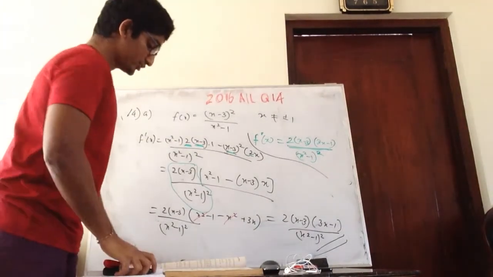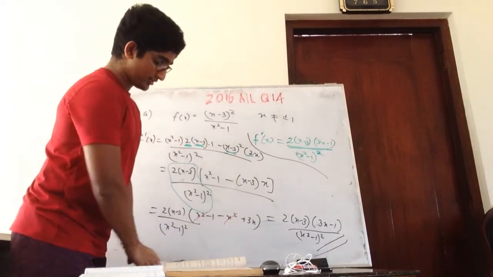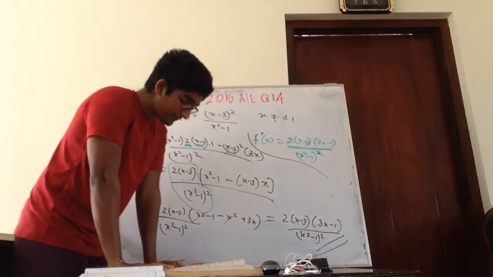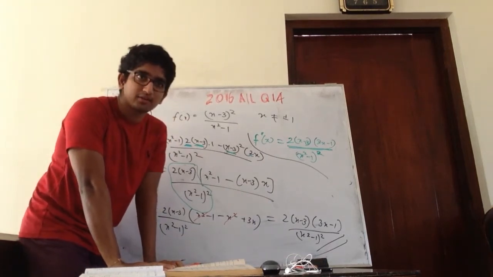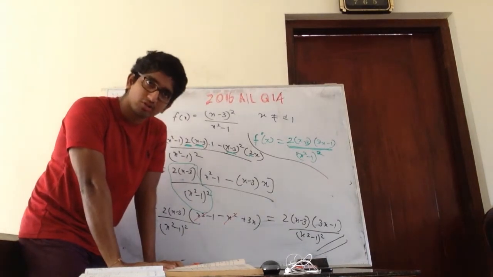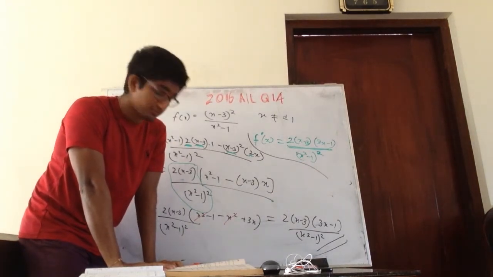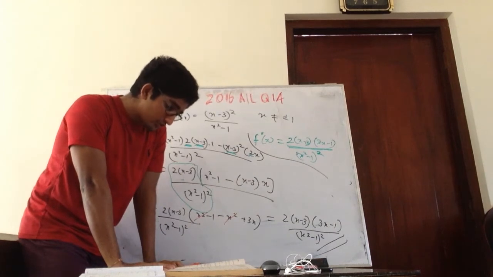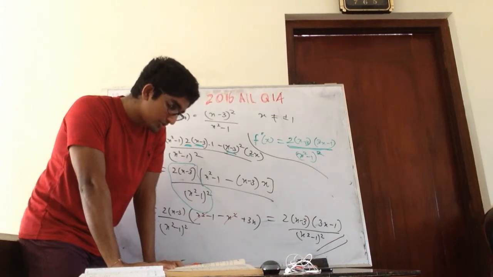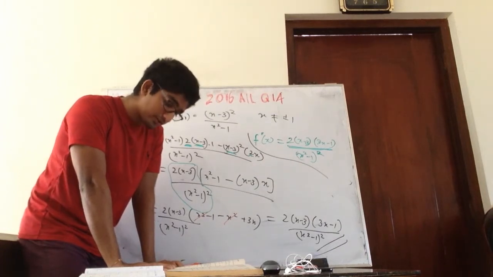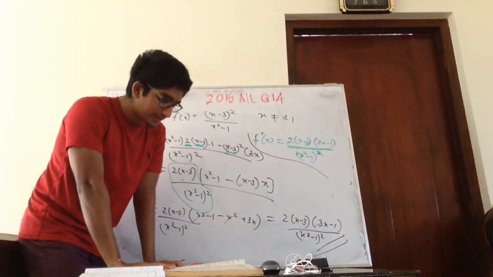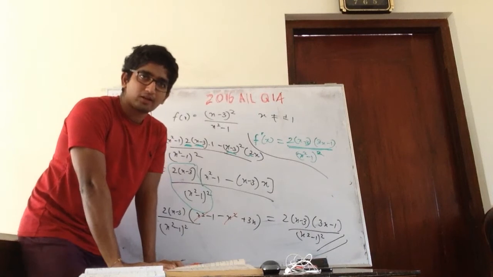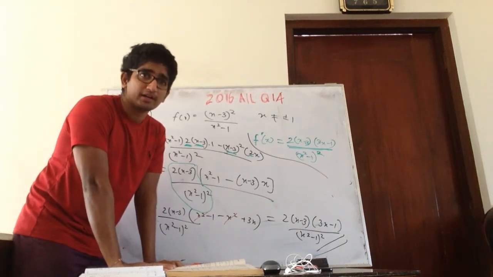Right. So then they are asking, if I read the rest of the question down, they are saying write down the equation of the asymptotes of y equals f(x). So what they are basically asking is the horizontal asymptotes here. Then they are saying find the coordinates of the point at which the horizontal asymptote intersects the curve y equals f(x). Then sketch the graph of y equals f(x) indicating the asymptotes and the turning point.